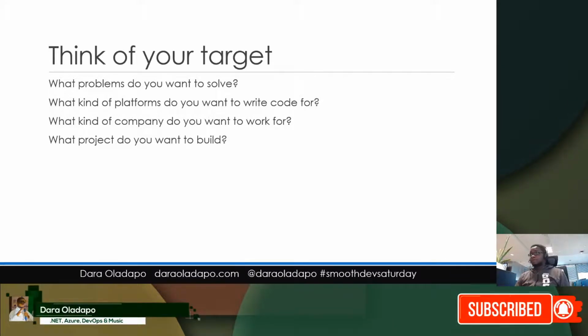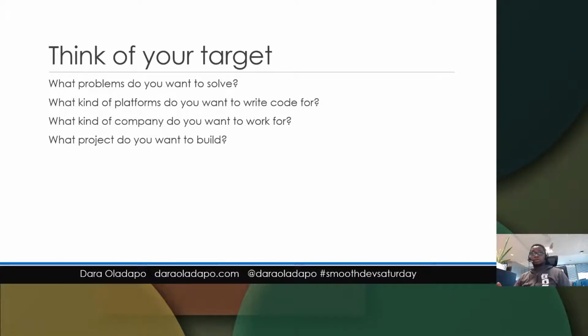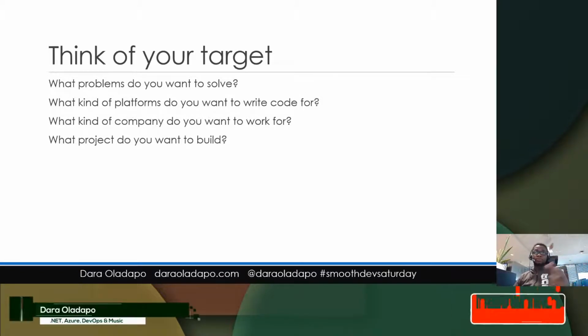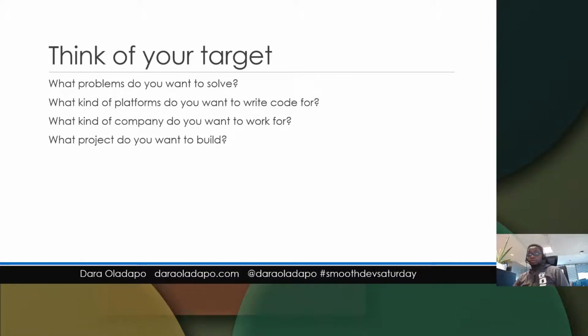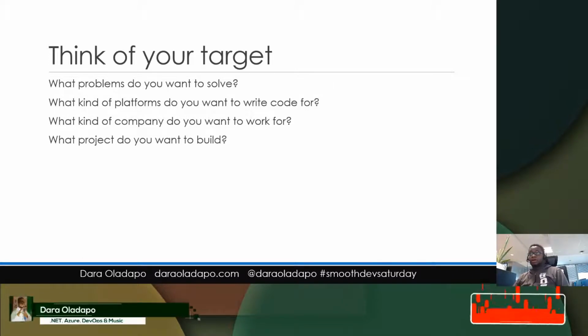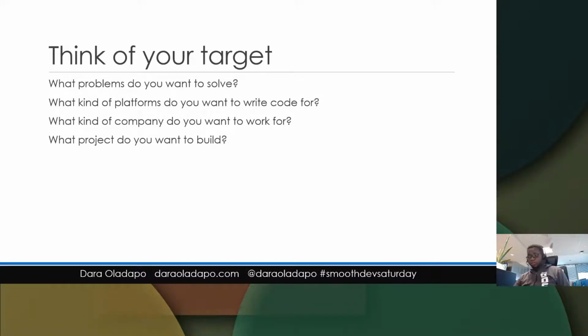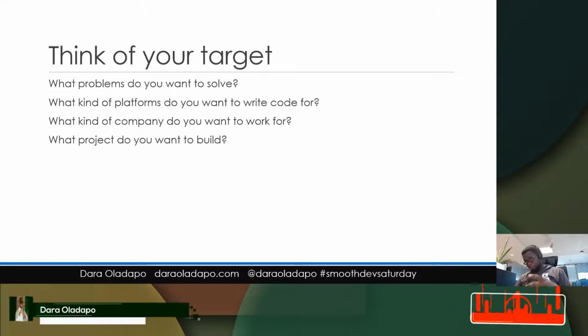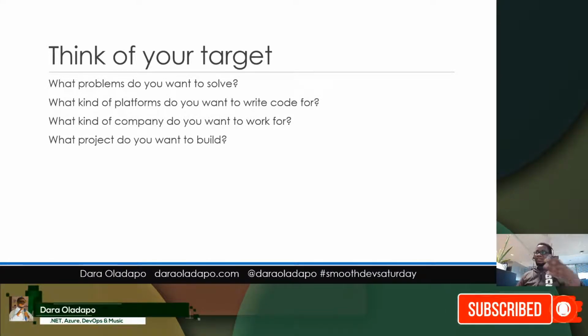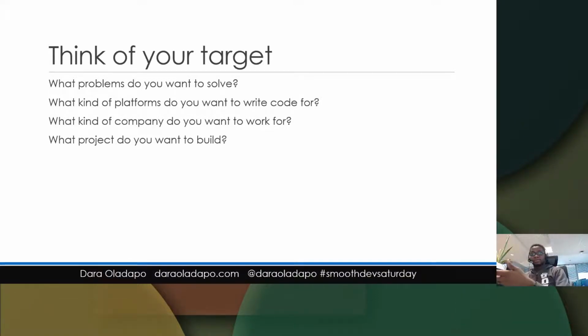And if you want to go cross-platform with one single code, there are languages for you to select as well. So you think of the platforms you want to write code for and the problems you want to solve. Another point to note is the kind of company you want to work for. If you're trying to get into companies that focus on operating systems, like Microsoft, you'll have to know languages like C++ or C, maybe even some .NET. If you want to go into Google, you probably write C, C++. You want to write for Android also, you learn those kinds of languages.